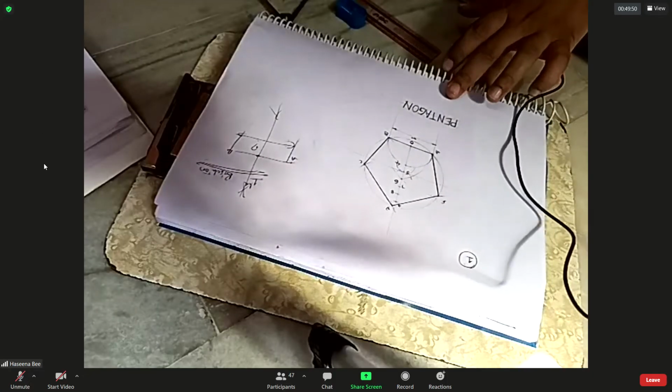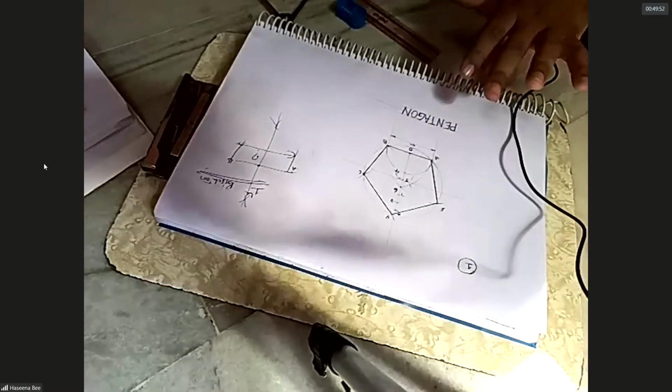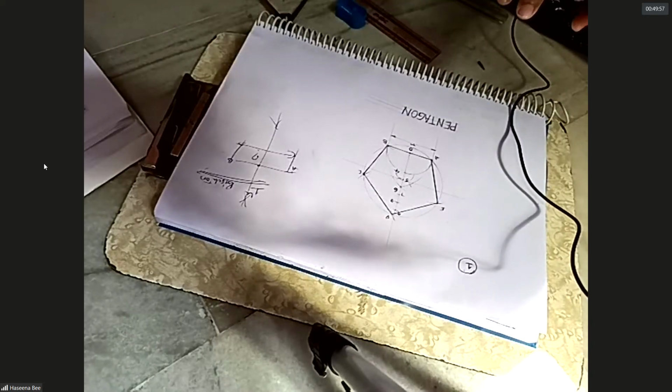Okay. Next, let us start the next topic. Shall I go to the next topic? This is completely sheet number 1. This topic comes under sheet number 1. I have shown you how to draw the pentagon. You need to draw hexagon, hepta, octa. Nonagon is not needed. Only heptagon, hexagon, octagon, up to 8 sides. Will you do it, ma'am? Okay, ma'am.